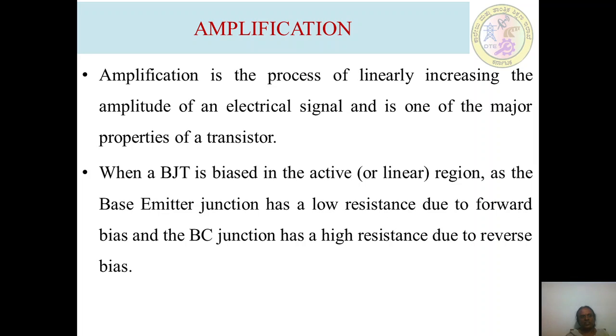Now, a transistor acts as an amplifier by raising the strength of weak electrical signals. The DC bias voltage applied to the emitter base junction makes it remain in forward bias condition. Thus, a small input voltage results in a large output voltage, which shows that the transistor works as an amplifier in the active region.